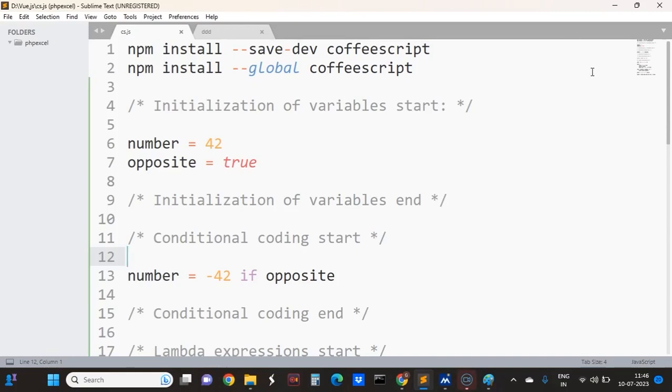In this series of video lectures, we will try to complete the CoffeeScript tutorial in one video lecture. CoffeeScript is a transpiler, and it transforms CoffeeScript to JavaScript. JavaScript code sometimes can be tedious and repetitive. So, for code reusability and greater functionality, the